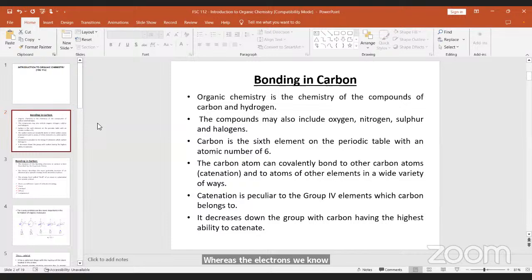The arrangement of the electrons is based on certain rules. You will remember, or you should remember, Hund's rule, the Aufbau principle, and so on. All these are the rules that determine how electrons are shared into orbitals. In so doing, if we follow the spirit of those rules, for carbon we know that